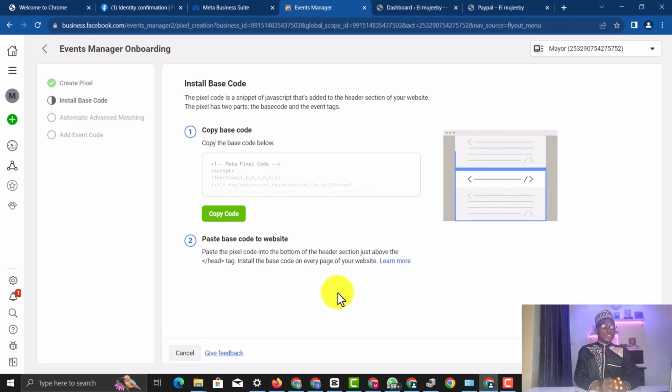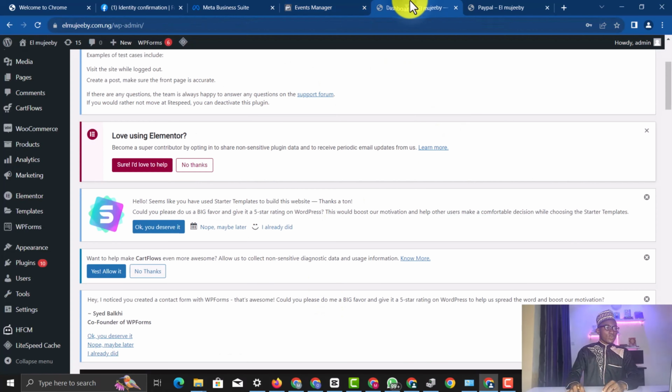So I'm going to show you the WordPress version. There's a particular way I'm going to simplify this for you. Even if you are not a programmer, you don't need to code anything. Just come here and copy this code. All right, then I'm going to